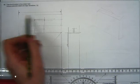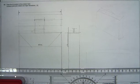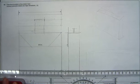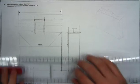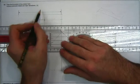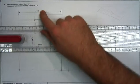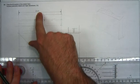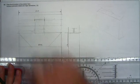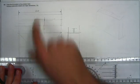So that's 12 centimeters. So my scale is 1 to 3. So scale's 1 to 3. So that's actually going to be 360 millimeters. So I made a bit of a mistake there. That's actually supposed to be 420. So it should have been, I think 14 centimeters, but never mind. Okay, but